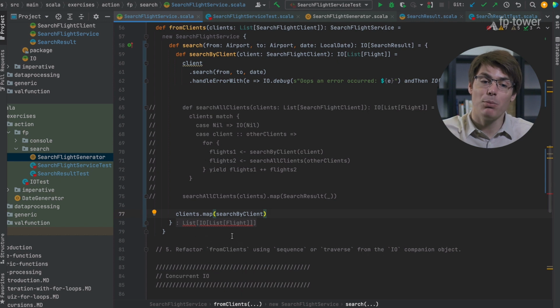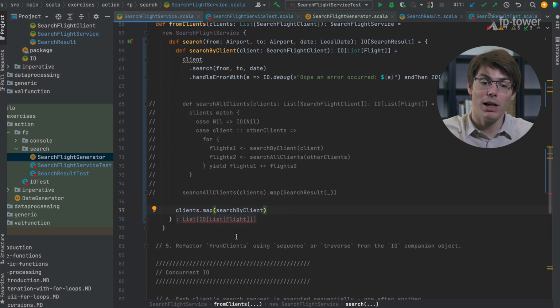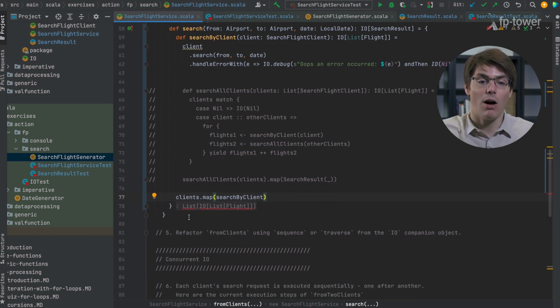Now, if you look at the type we get as a result, it's really horrible. It's a list of IO of list of Flight. So it doesn't make much sense. What does it mean? Let's try to translate it. It's a list, so it's a container which has potentially many items inside it. So it's potentially many IO, so many actions, and each action, when you run it, gives us back a list